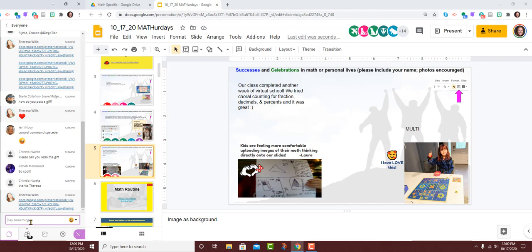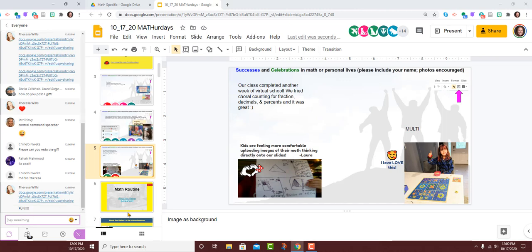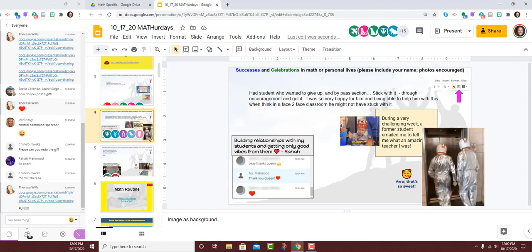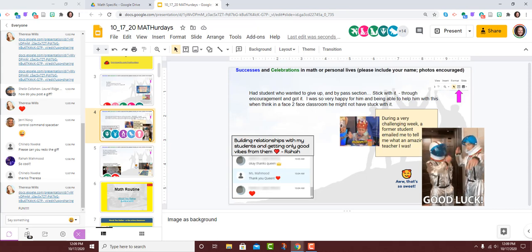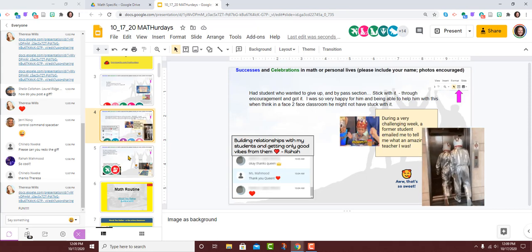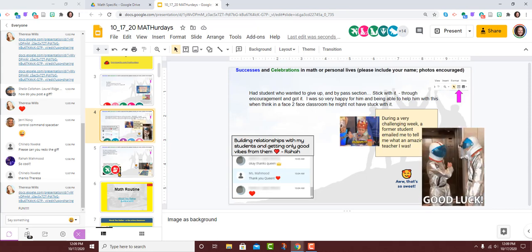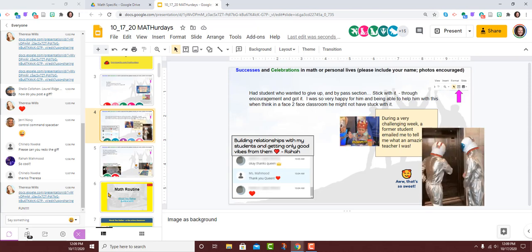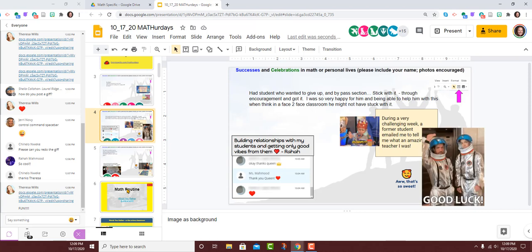So we've been counting by all the different ways we can count by quarters. And one of the kids even pointed out after we had done one day of fractions, one day of decimals, and one day of percents, "Oh, if you multiply all of them by 4, you get to the whole." And that just brought a lot of connections, and we've had a lot of really interesting noticings and patterns come out of that. So it's been really fun. That is so beautiful. I love hearing about math and extending it beyond what people typically think of choral counting and really getting into rational numbers.